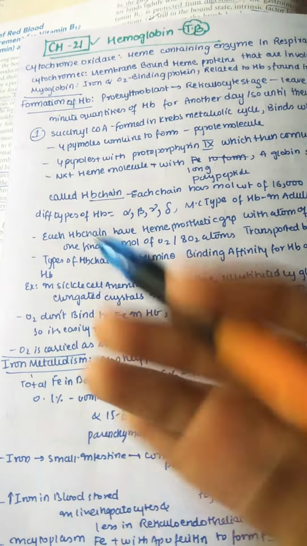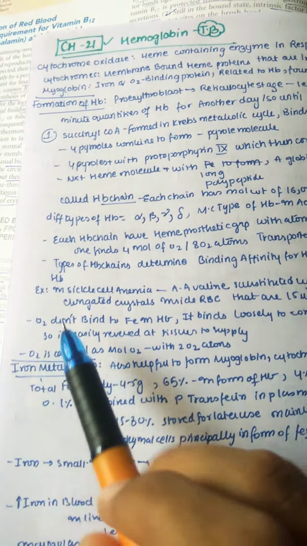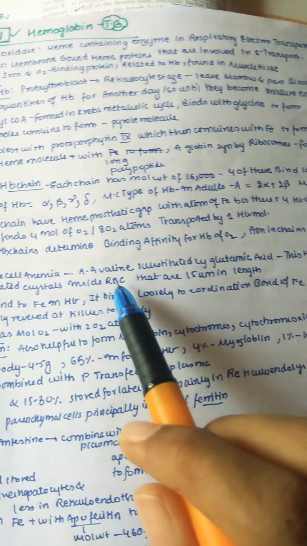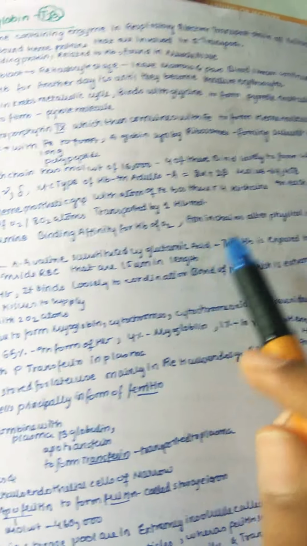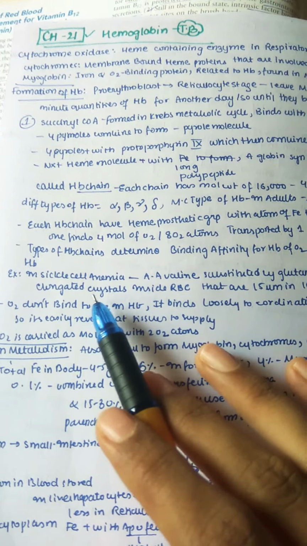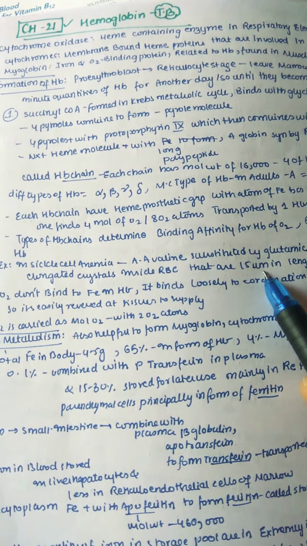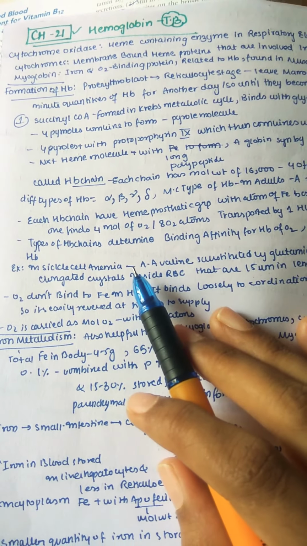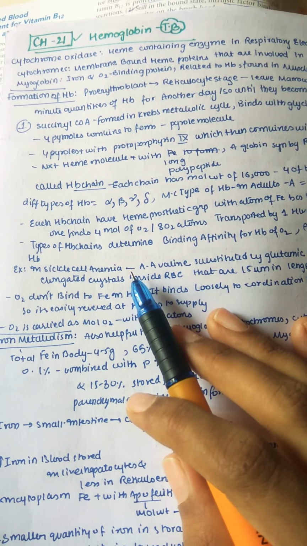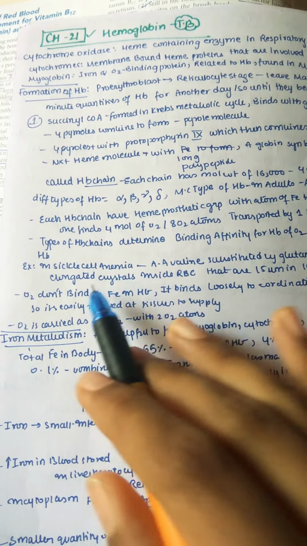For example, we can easily find out that they are abnormal hemoglobins. Mainly in sickle cell anemia, the amino acid valine is substituted by glutamic acid. This hemoglobin, when exposed to low oxygen, forms elongated crystals inside the red blood cells, about 15 μm in length. If they form crystals like this, they can't pass through the narrow circulatory pathways, so they get stuck there and the macrophages come and engulf them. This in turn causes anemia.